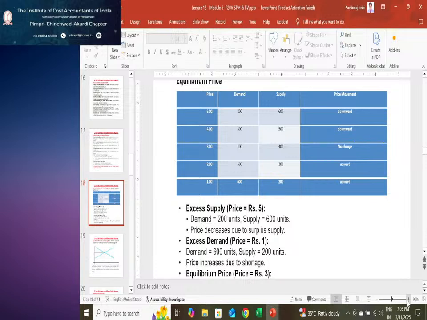So if the price further drops down to 2, the demand is likely to increase to 500 and supply is likely to reduce to 300. So there is an upward price movement that is happening. And then if the price falls to 1, the demand is 600 and the supply is 200, so it's again an upward price movement. So if one has to analyze the price determination over here,